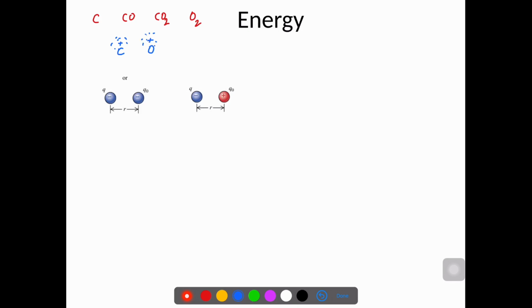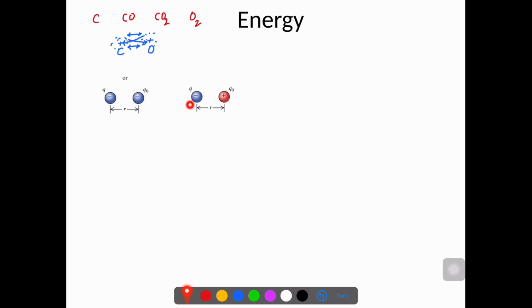So there are different kinds of attractions and repulsions going on. The electrons from the carbon get attracted to the oxygen's nucleus. Electrons from oxygen are attracted to the nucleus of carbon. There are minimal repulsions between the electrons, and there are also repulsions between the nuclei. So there are all sorts of